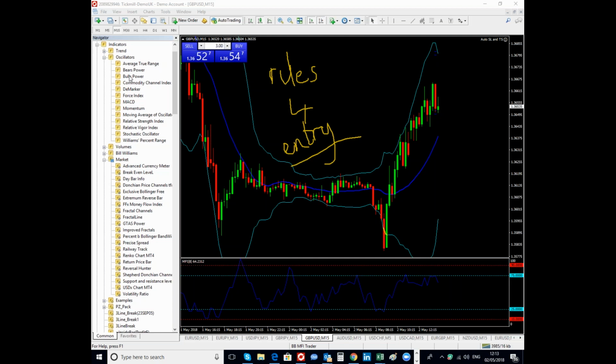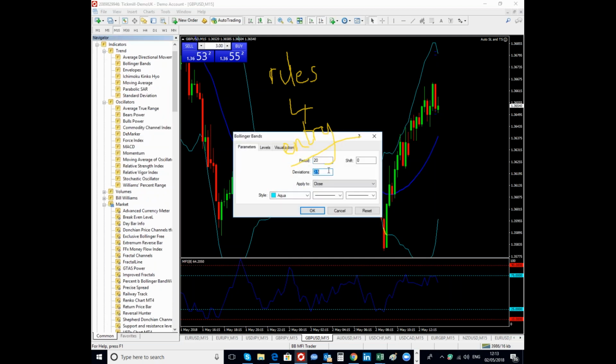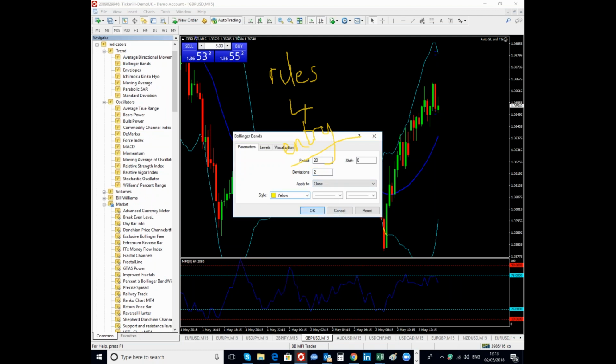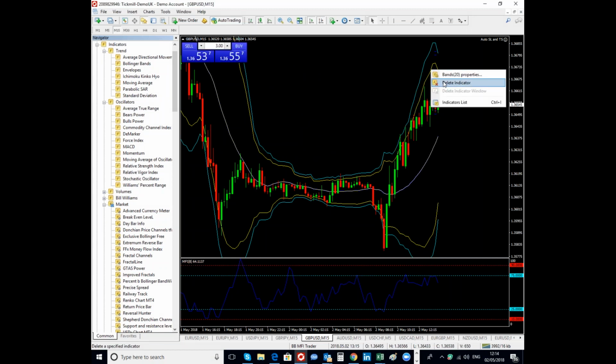If I give you the standard Bollinger setting so you can see, the standard looks like this. Let's just change the color. You see the standard one is closer, so you'd get many more signals on the standard one. The reason why we're not using the standard one and we're using a 2.5 deviation on this is because, and some of you might have seen this in another video that I did,